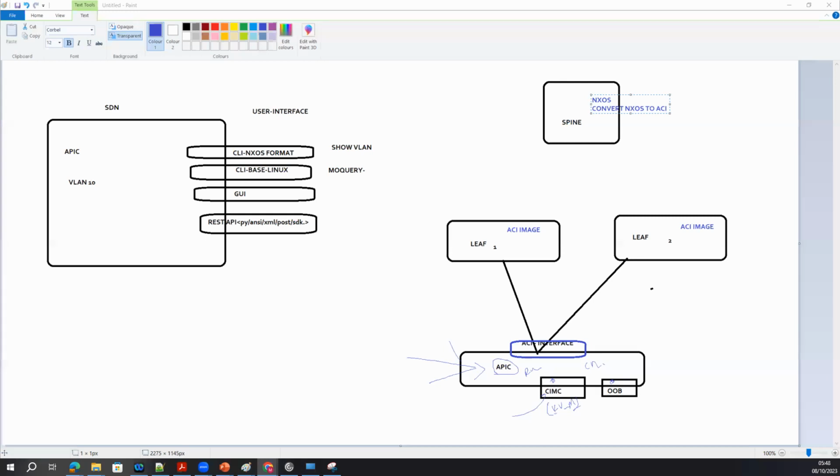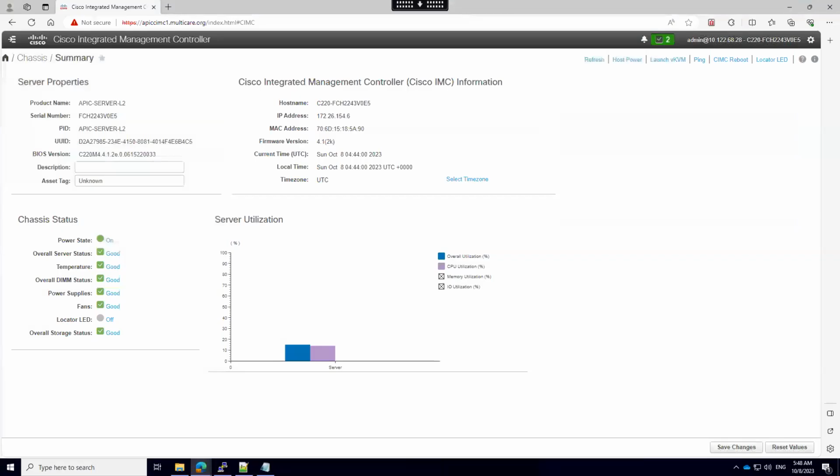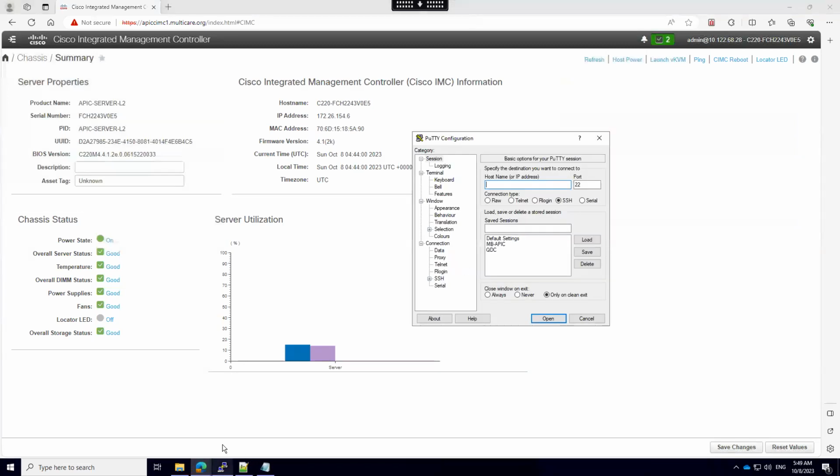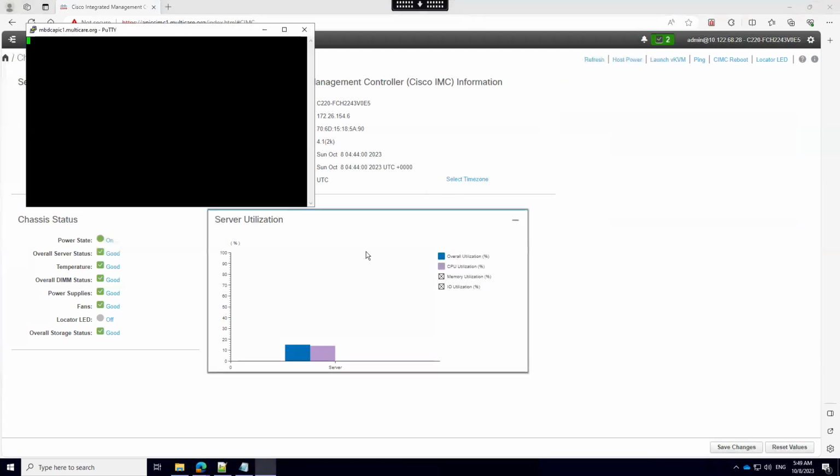This is the basic upgrade and downgrade process. You have to set the boot from NXOS to your ACI by default, which the boot takes. If I log into the APIC, for example, let me show that.